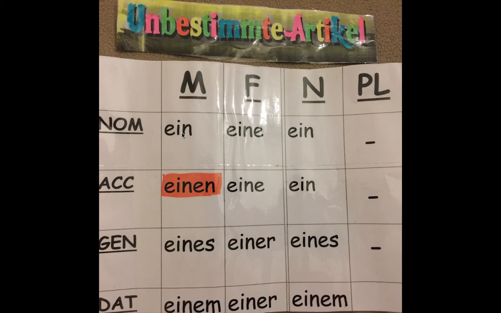So ein Mantel goes to einen Mantel, and this is by far the most taxing grammatical task you'd have to do, especially at junior cert level, to be able to understand that. Not just learning sentences off by heart, but when you're constructing your own sentences, understanding that the masculine form goes from ein to einen. Der Mann hat einen